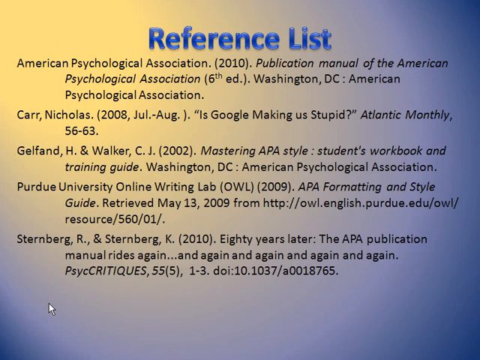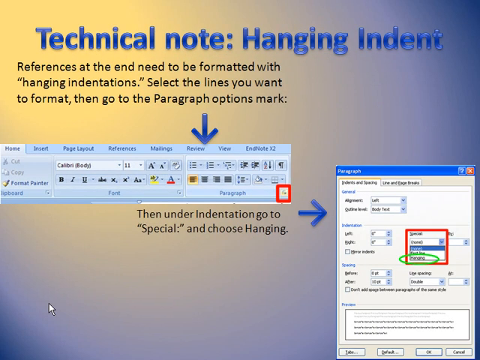This is an example of our reference list. It includes both the things that we used in our presentation and some supplementary reading that might help you with your study. On a technical note, you need to use the paragraph dialog in order to properly format your reference list. If you're in the new version of Word, look in the Home ribbon for a mark right next to paragraph. That'll bring up the paragraph dialog box, and under indentation, you'll see a choice for special. That'll give you the option to go to hanging indent. And that's what we call it when the first line is sticking out and all the other lines are indented. It's kind of the opposite of the way you normally do a paragraph.